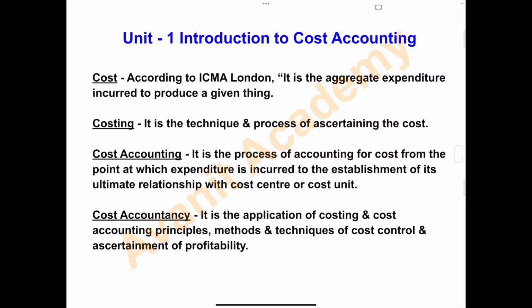Let's start chapter 1, Introduction to Cost Accounting. First, we'll understand the meaning of cost. According to ICMA London, it is the aggregate expenditure incurred to produce a given thing. So, whatever expenses are incurred to produce a product, that is, converting the raw material into finished product and selling it to the customer. So, the expenses made by the industry or the manufacturing unit to produce a product, that total